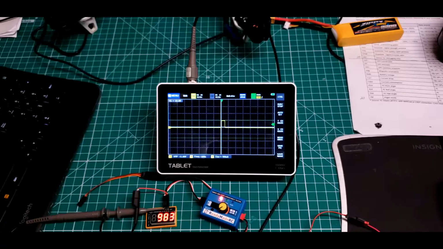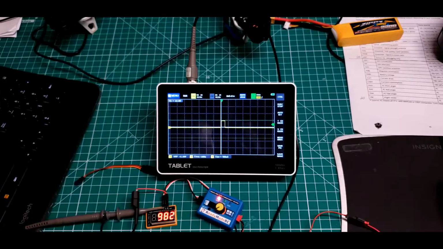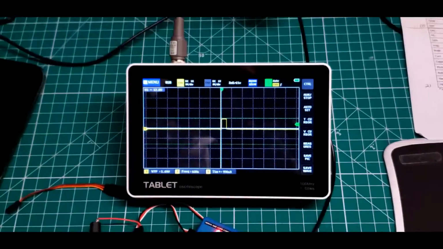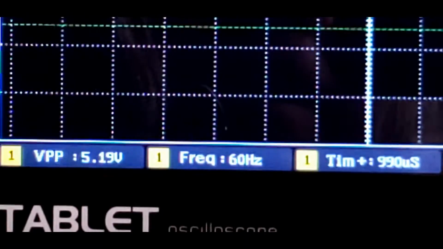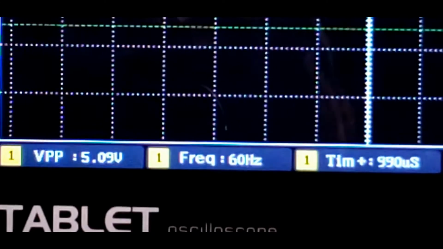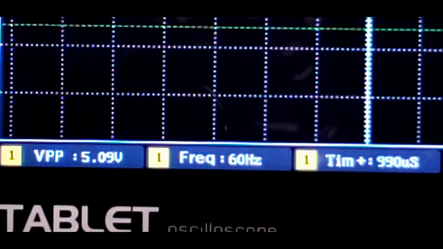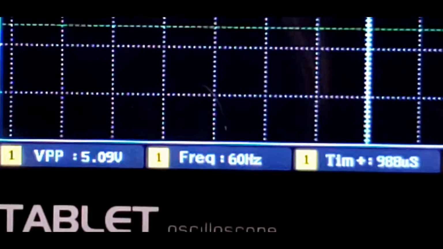And what we have here on the table is my pulse width modulation monitor, my servo tester that generates a pulse width modulated signal, and an oscilloscope so we can see this. I wanted to say a little bit about what we see here on the screen. So I'm going to first scroll in to the bottom of this scope. We've got a 5.09 volt signal there at a frequency of 60 hertz,